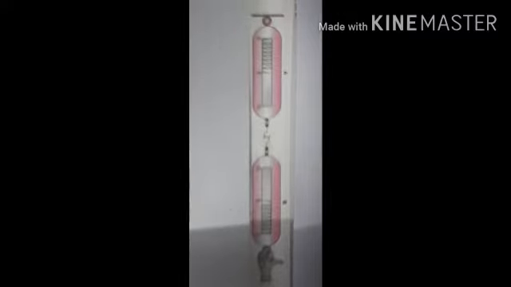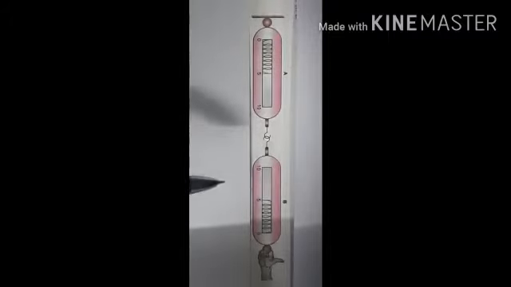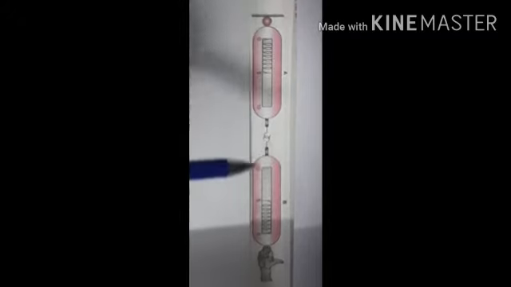It means that the force exerted by spring balance B on A is equal in magnitude but opposite in direction to the force exerted by spring balance A on B. If the force exerted by spring balance B on A is called action, then the force exerted by spring balance A on B will be called reaction. As the readings on the scales of the spring balances are equal, therefore the forces of action and reaction are always equal.